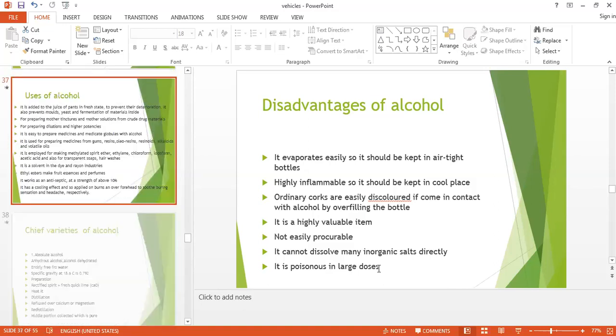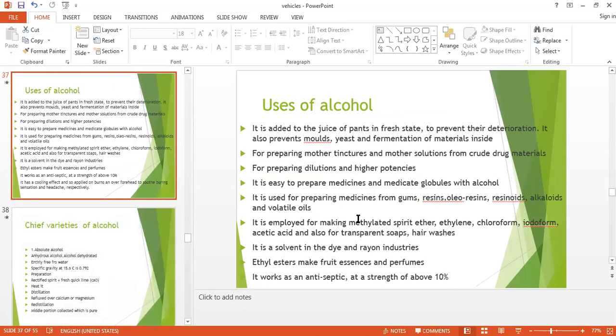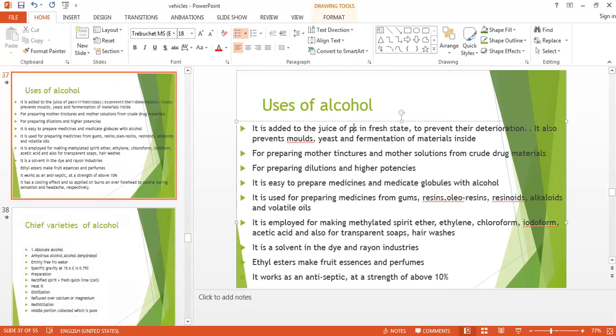Then uses of alcohol. It is added to the juice of the plant in fresh state to prevent it from deterioration.